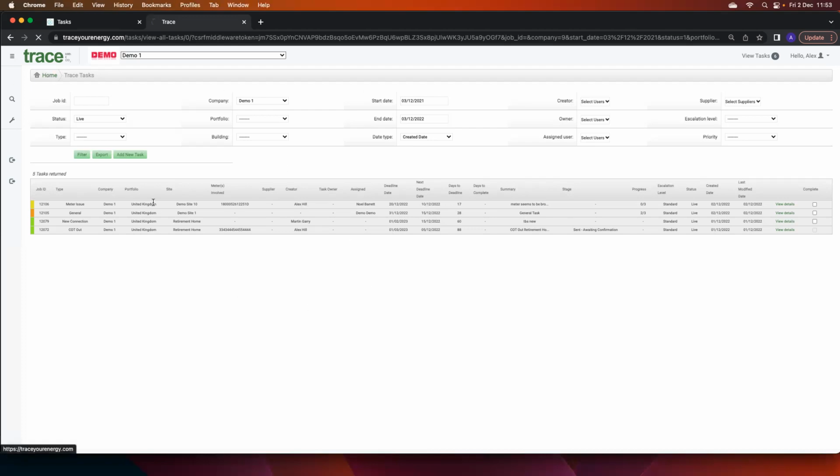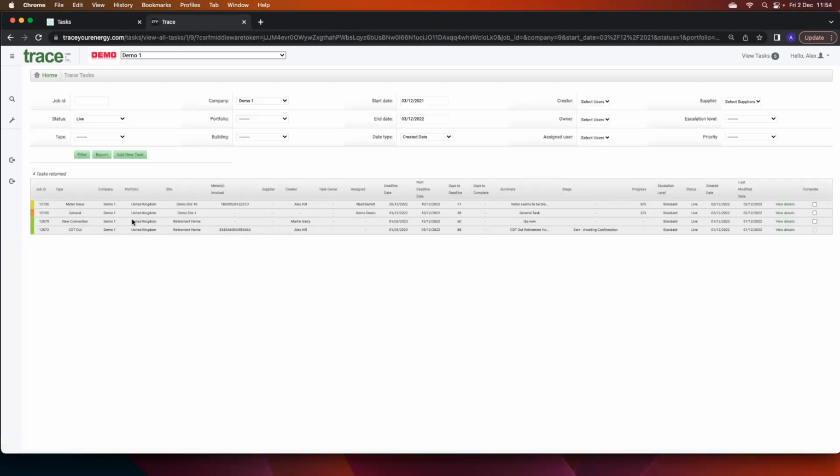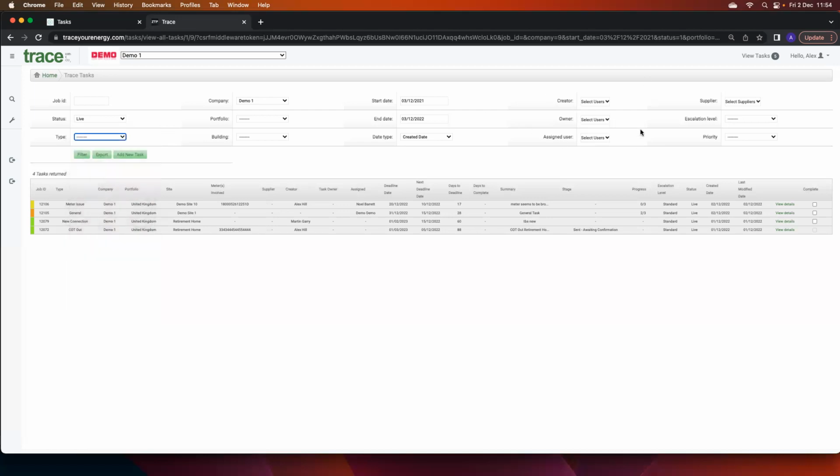So accessing this task system from the home page or from any page, whether you're in portfolio, site level, what have you, the task system is at the top here. We've got 5 tasks running at the moment. We can filter down to only showing 4 tasks created within this date range. We can say just show me tasks from a specific portfolio, building of a particular type, with a particular owner, creator, etc. So you can filter to just things that are owned by you at the time, or owned by